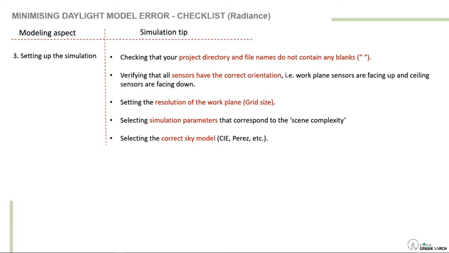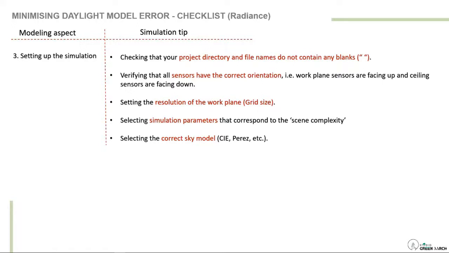So if you model something in Rhinoceros or any CAD environment and the direction is downward, you will get a wrong result because it is facing down. So you should always be very sensitive and very careful while designing the sensors, right? Because these are very critical areas where a simulation can go very wrong.